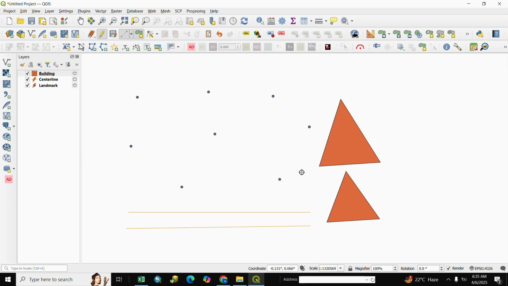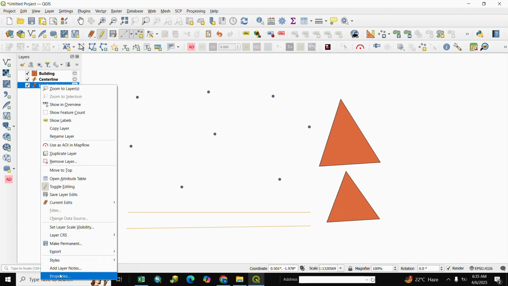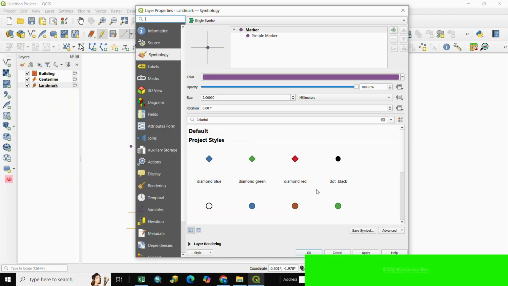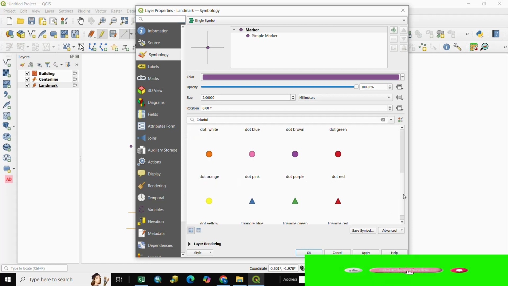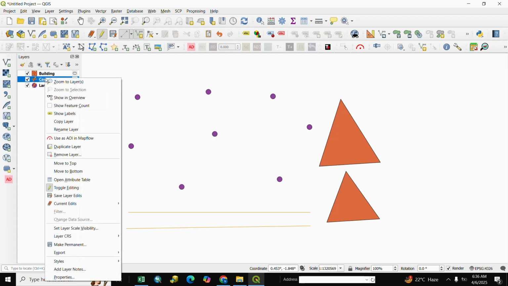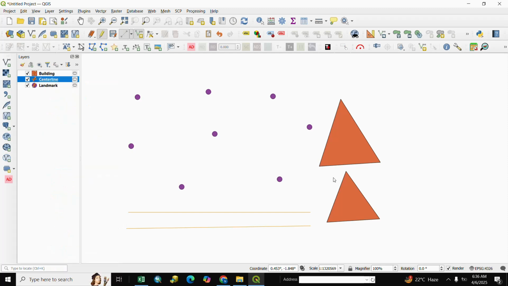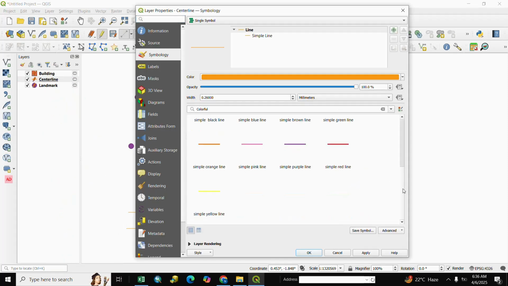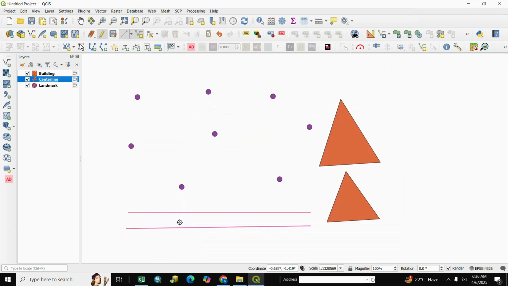If you want to change symbology of the point feature, right click and go to Properties. Here is point symbology. You choose as per your requirement. We select it and OK. Our point layer property is changed and we go to line feature, right click and go to Properties and we select here layer. As per your requirement you select it and OK. Our line